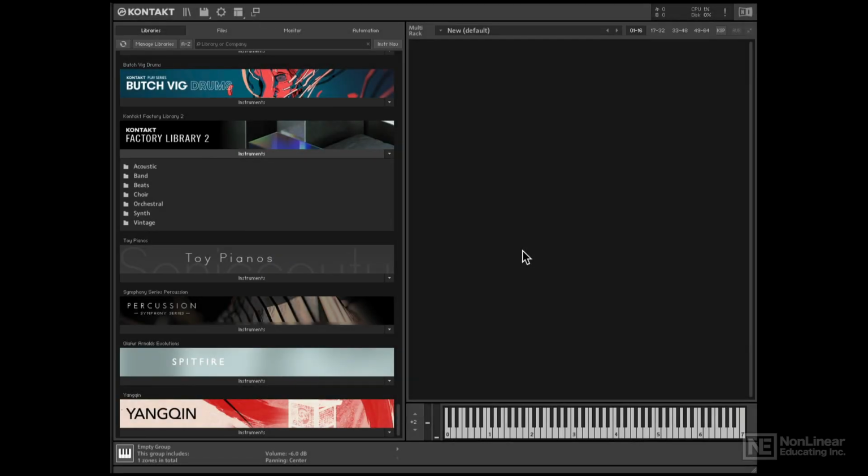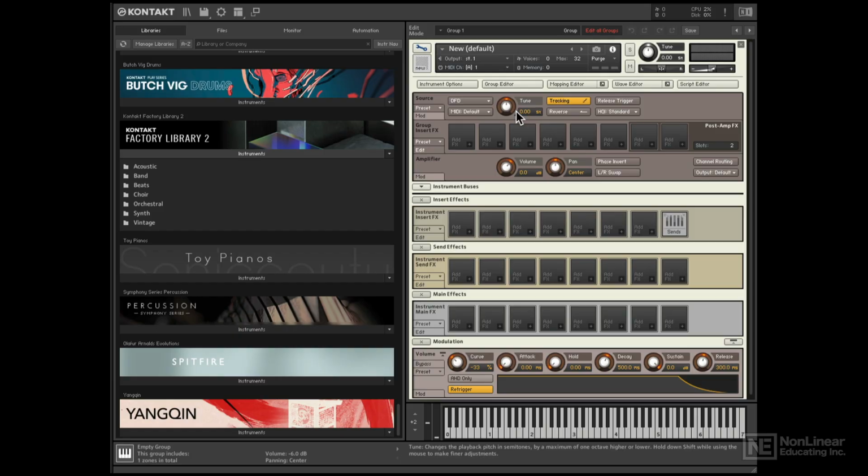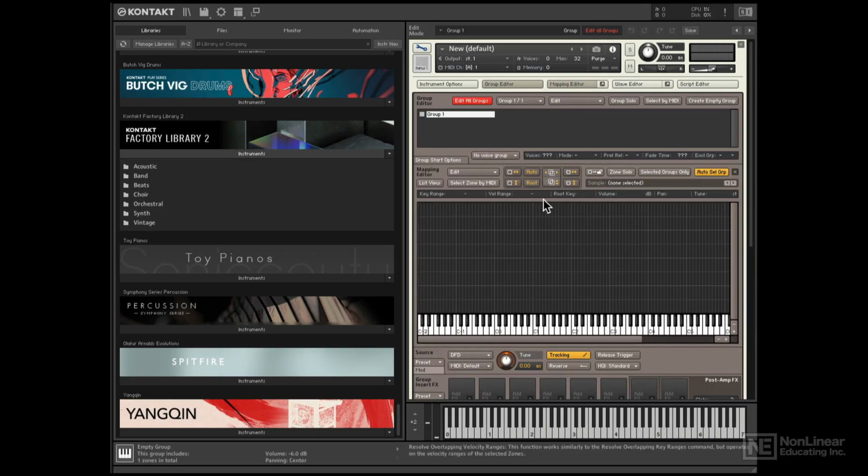Alright, let's now take a look at the envelope follower modulator. For this, we're going to start from scratch again. I'm going to double click to create an empty Kontakt instrument, go inside here, open the group editor. We have this one group in here, open the mapping editor, and I'm going to drag in a drum loop